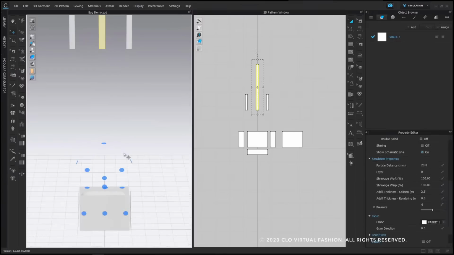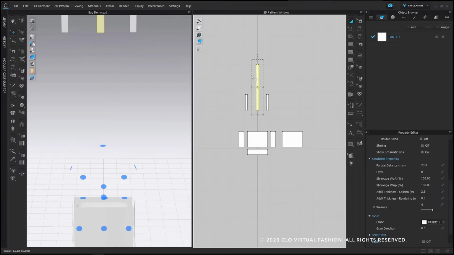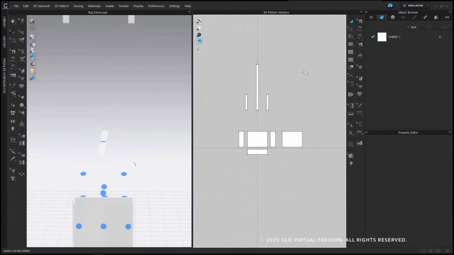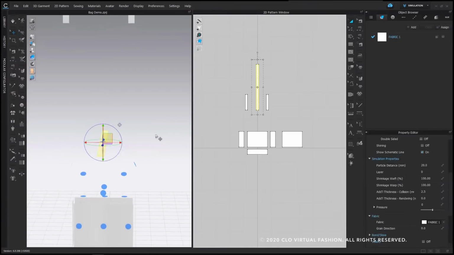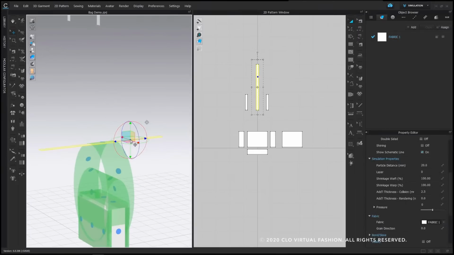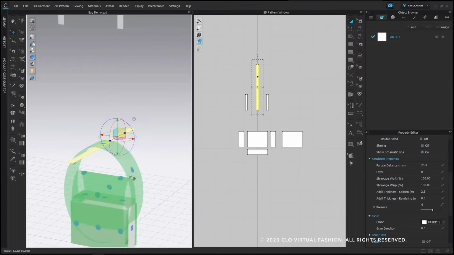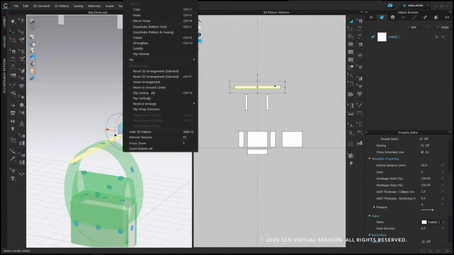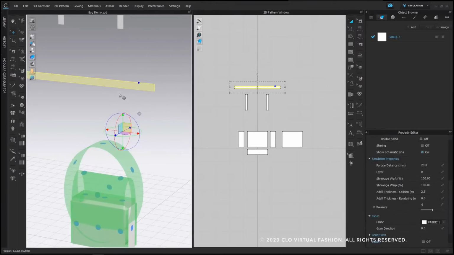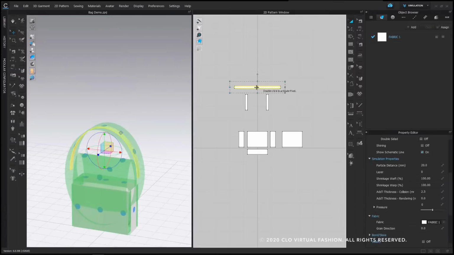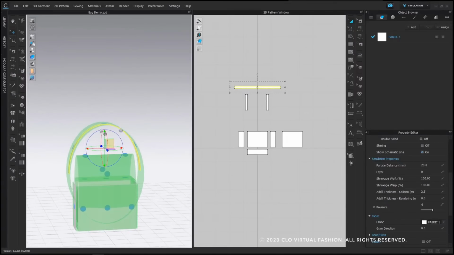to the back. The way that pieces react when placed on an arrangement point also has something to do with their orientation in the 2D window. So if I turn on my bounding volumes here, I can actually see that this is not following the bounding volume in the direction that I would like it to. If this occurs, simply try rotating your pieces and resetting their 2D arrangement, and then they will follow the opposite direction of the bounding volume. So I turn my strap so it can follow this arrangement point in this bounding volume, and I'm